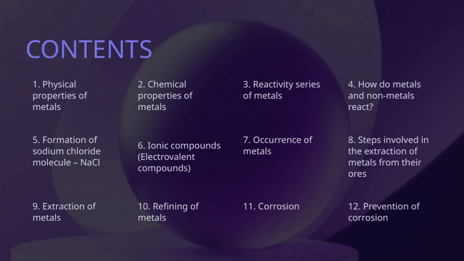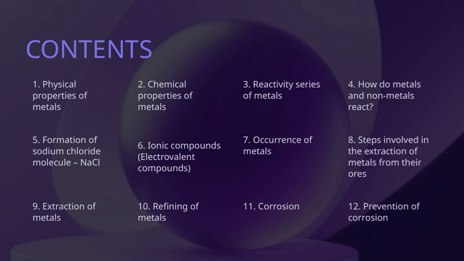Next, we'll touch on corrosion again, emphasizing its impact and how we can prevent it. We'll also consider the occurrence of metals in nature, which varies depending on their reactivity. The reactivity series of metals is fundamental because it helps us understand which metals are more reactive and how they behave in different reactions. After that, we'll look at the refining of metals, a vital step to obtain pure metals